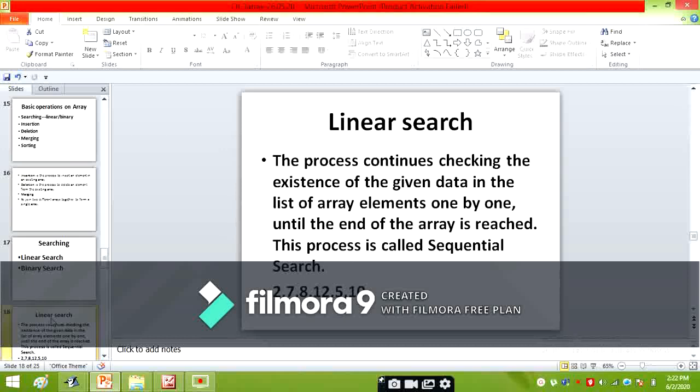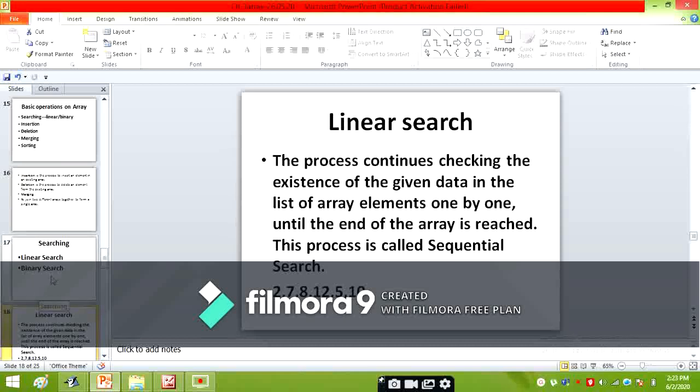It is implemented on a single dimension array, where you look for the element at each and every position in the given array. If the element is found, then your search is successful, otherwise not successful. Linear search is also called sequential search.